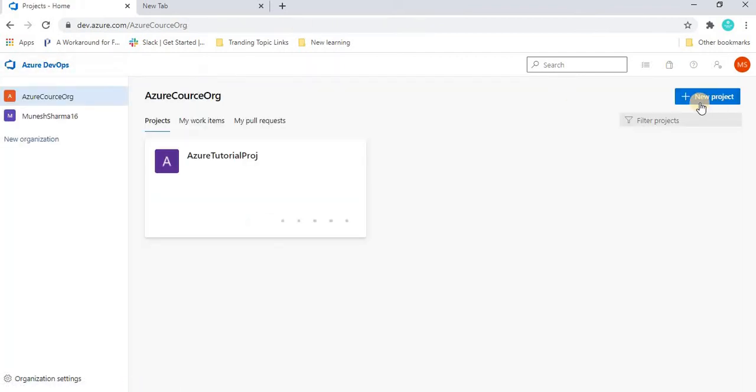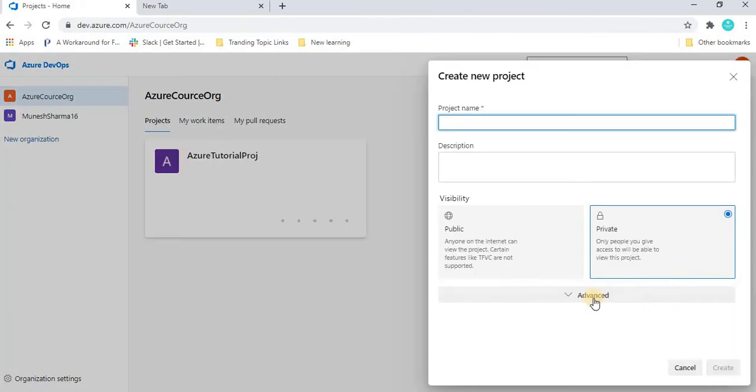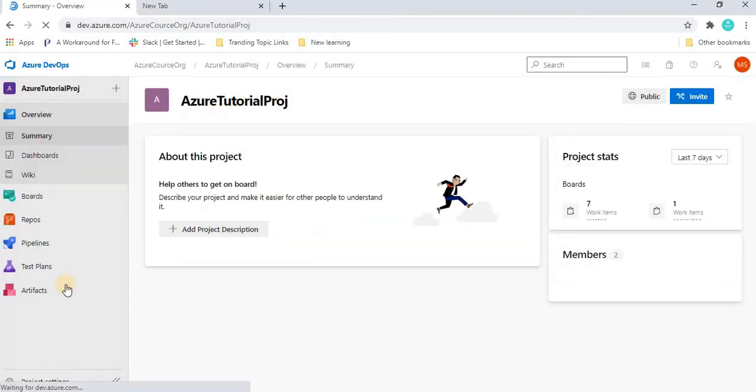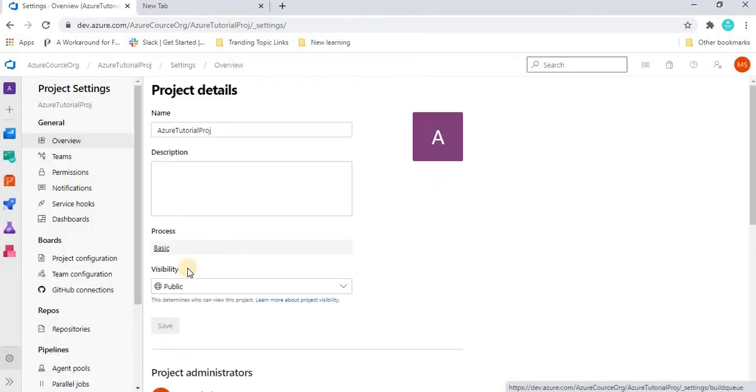If you create a new project and go to Advanced, from there we can identify which work item process we are going to create for that particular project. For an existing one, go to that project and go to Project Settings. Once you go into Project Settings, from here you can see what the process is.